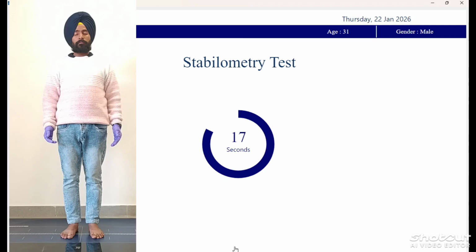Now on your screen your stability test has started. The timer shows 20 seconds. It records the stability data for 20 seconds.